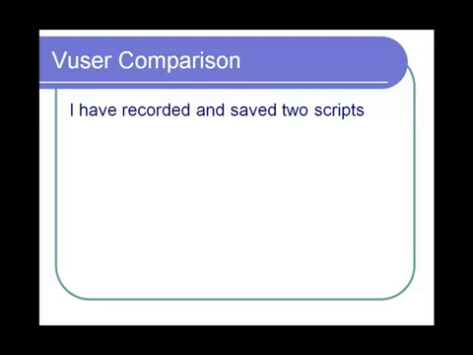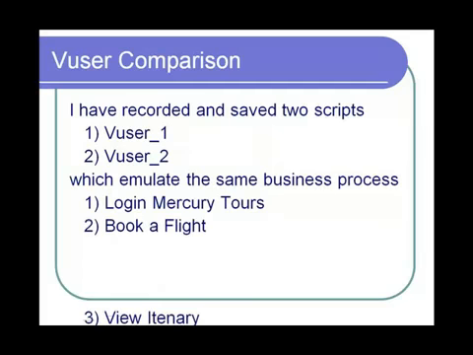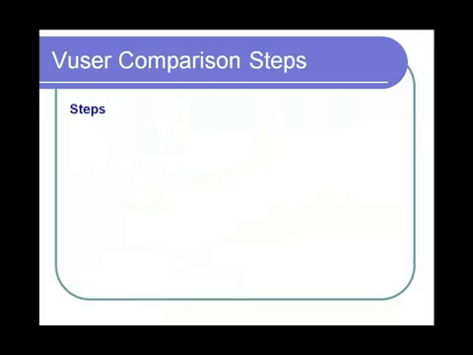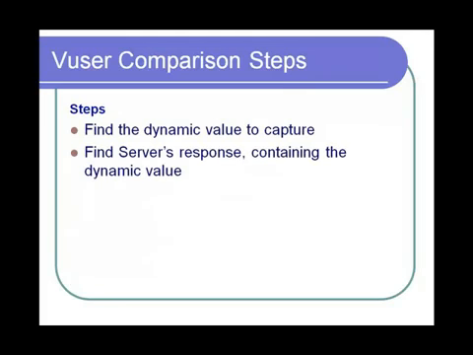I have recorded and saved two scripts, vuser_1 and vuser_2, which emulate the same business process: login in Mercury Tours, booking a flight, view itinerary, and fourth, sign off. The steps involved in vuser comparison correlation are: find the dynamic value to capture, find the server's response